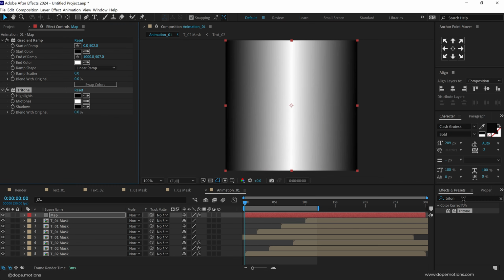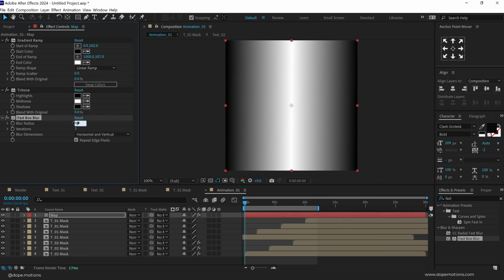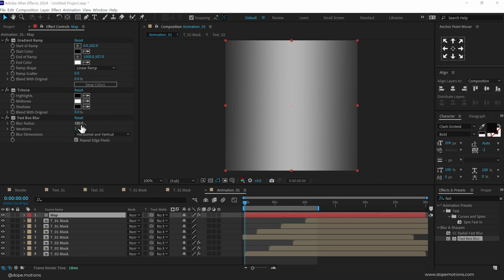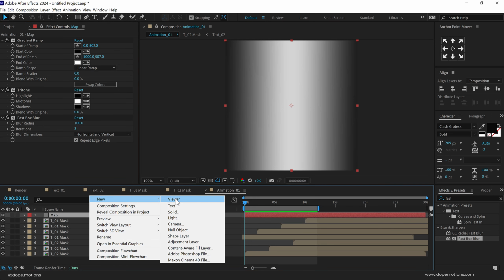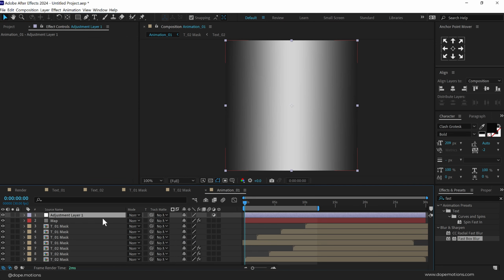And to improve the blending a little bit, we can add a fast box blur on this. Let's set this one to 180. All right, maybe 180 is a bit too much. Let's go with 100, I think. Yeah, that is looking much better. Right click and now let's create a new adjustment layer. Let's call this